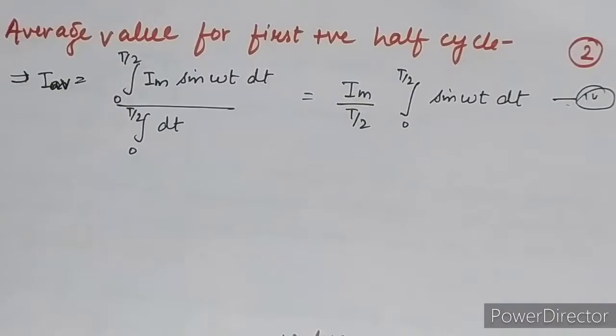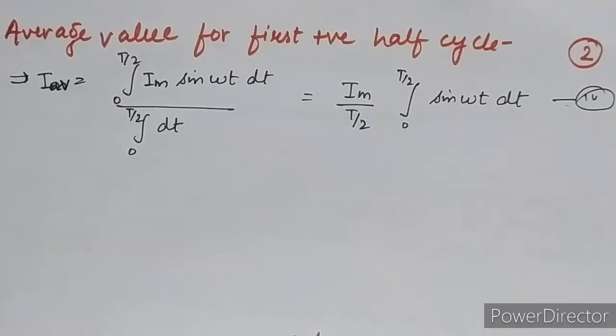Yesterday we discussed the introduction portion of this chapter: how it is useful, why we are using it, what direct current is, what alternating current is, and its types, like square wave AC, triangular AC wave, and sinusoidal AC wave. We also discussed some important definitions: instantaneous value, peak value, and average value, including the average value of a current for a complete cycle.